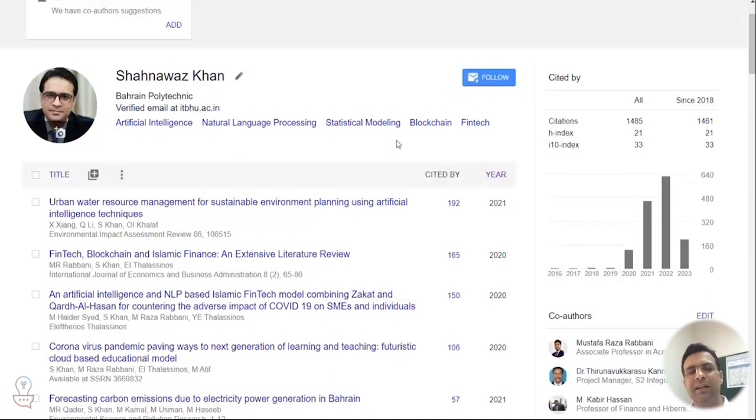This particular index, the I10 index, is only specific to Google Scholar. It's not a widely known index, so you shouldn't be worried about it. The more important one here is the H index. We'll discuss the H index in the next few slides. So this is the important part here, that you can see your section, you can see how many articles